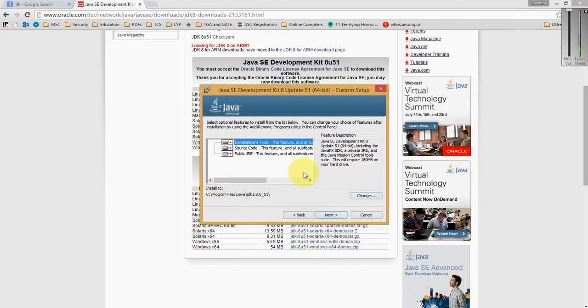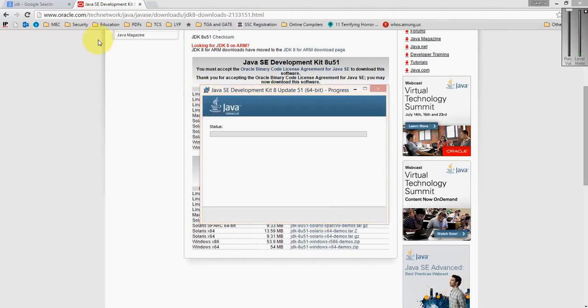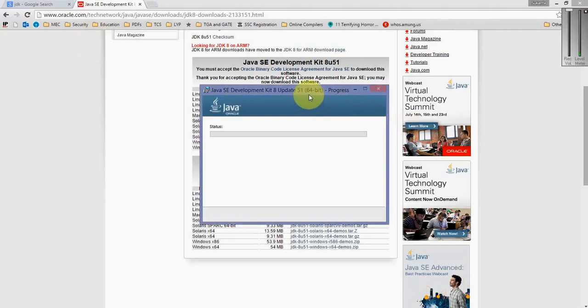It is your personal preference, and how you configure your computer depends upon you. Waiting, still working on it.